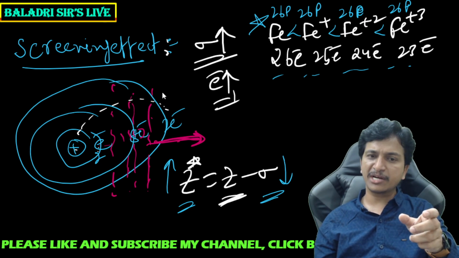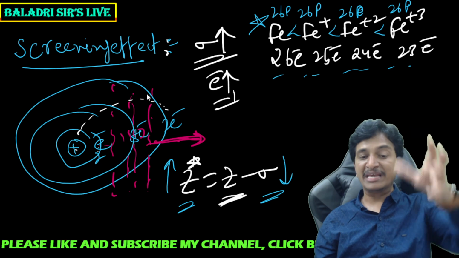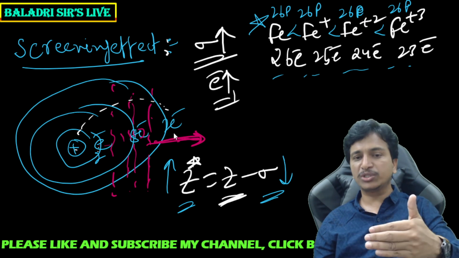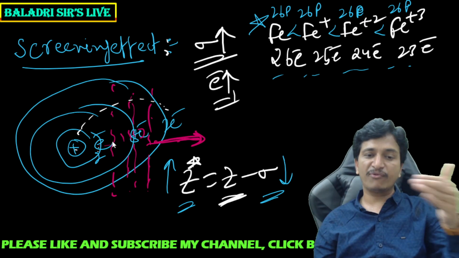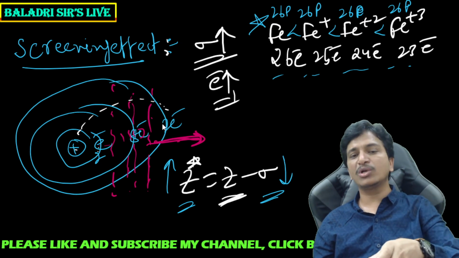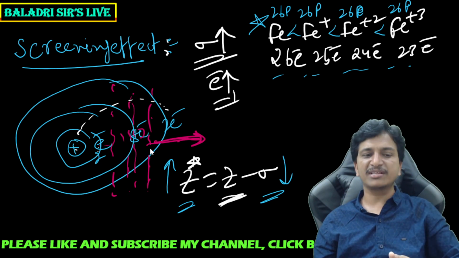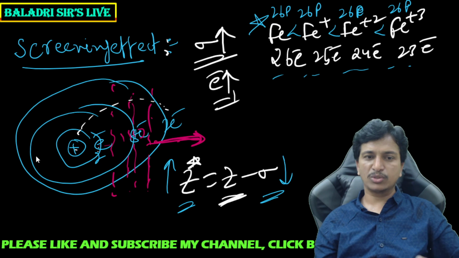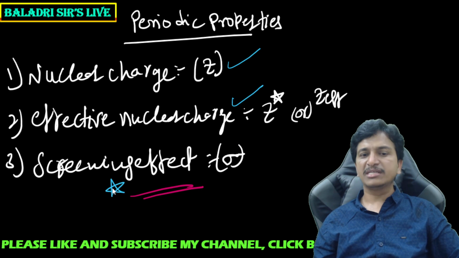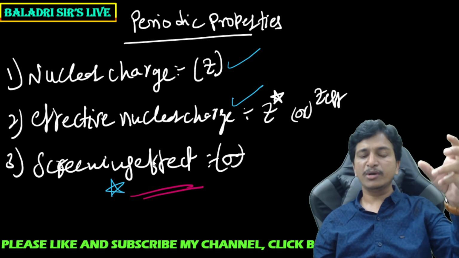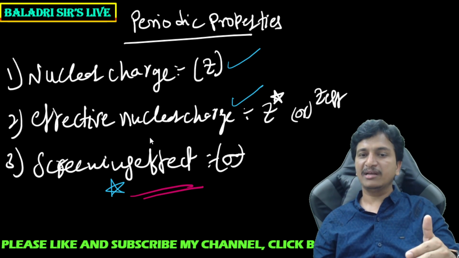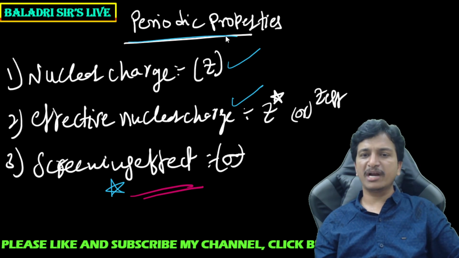Now, is the screening effect clear to you? In a multi-electron system, inner electrons will act like a screen or shield, and they repulse these outer electrons. Due to this, outer electrons will move away from the nucleus. Therefore, nuclear attraction will be decreased on those outer electrons. These decreased nuclear attractions on the outer electrons due to the screening effect are called effective nuclear charge. So their nuclear charge is the same, but effective nuclear charge is different. It depends on the screening effect or screening constant. I hope you understood these three terms perfectly now. When you know these three terms perfectly, then we can come across the applications of periodic properties.